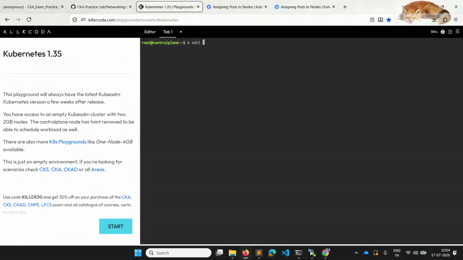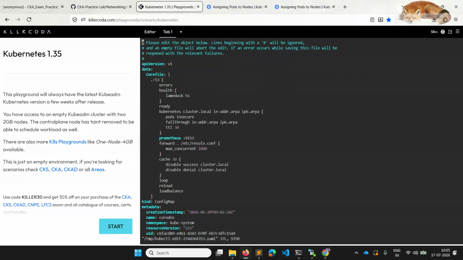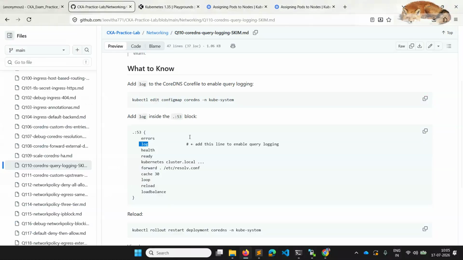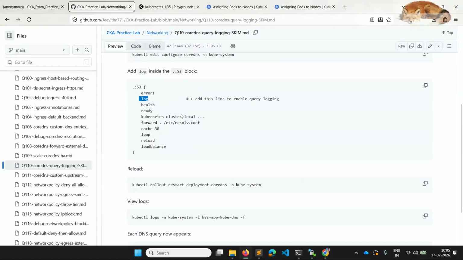So you can just go to kubectl edit config map in the namespace of kube-system, and the name of the config map will be coredns. And here you can place, under the errors, log. If you place that, everything you are trying to do will be getting logged properly, and this is the plugin. Just use it as log,